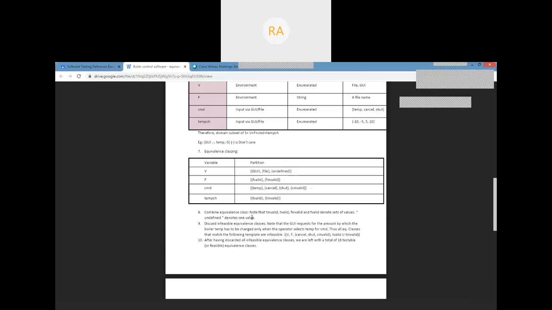And the last step in equivalence class partitioning is to discard the infeasible equivalence classes. What do you mean by infeasible in equivalence classes? There will be certain scenarios wherein you will not be in a position to generate certain inputs to the system. Such combinations of input you cannot generate when you want to test the software. Ultimately, by generating the classes here by applying the equivalence class partitioning technique, I am generating the test cases for my software.